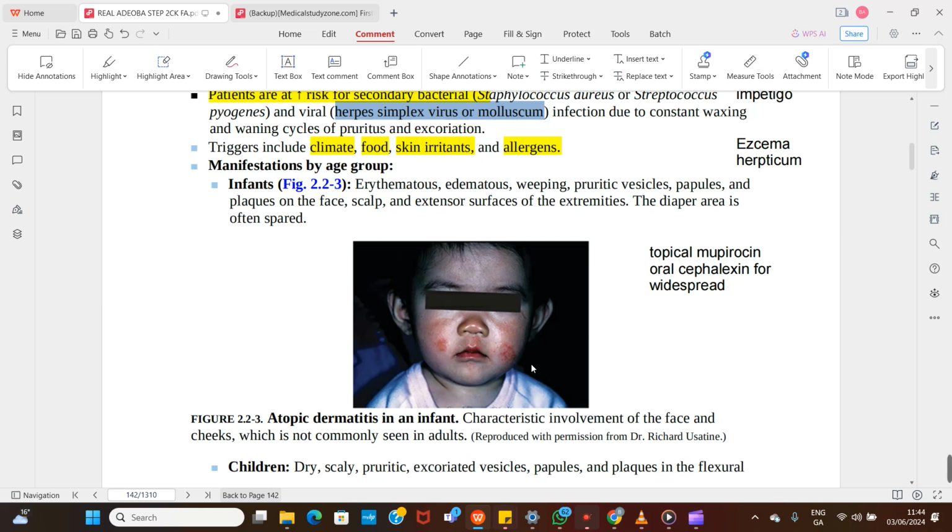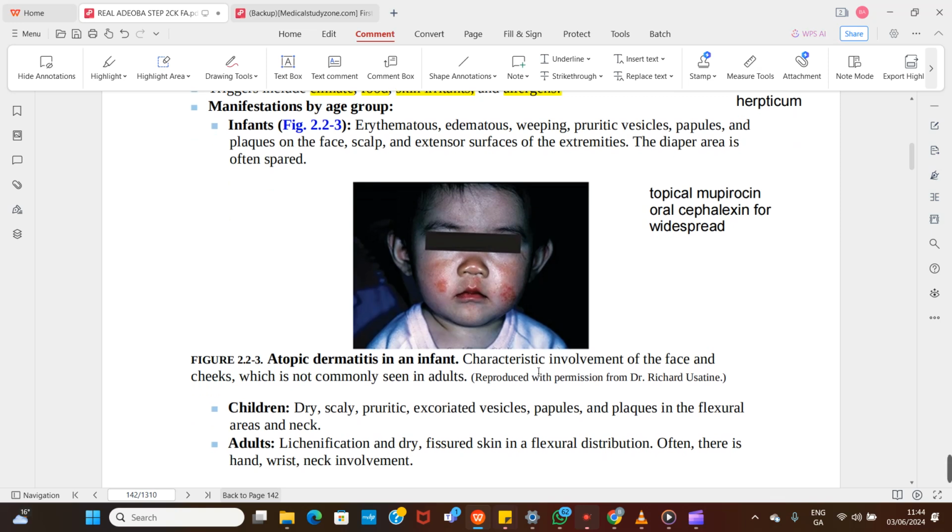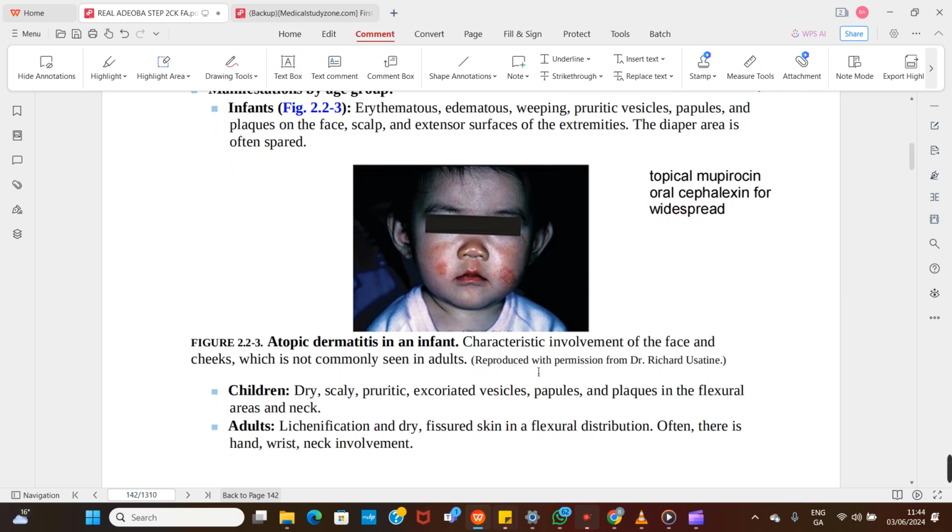So you see a child having erythematous, pruritic, papulovesicular lesions in the face and the extremities, the external surface of the extremities. Think about atopic dermatitis for an infant. If it's a child, if it's now more than 2 years, children and adults, the distribution changes, right? So it now starts changing to